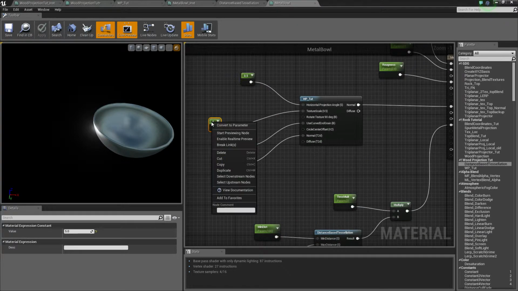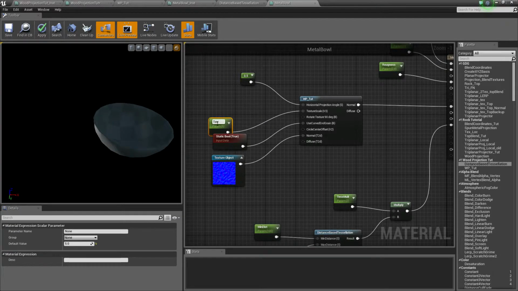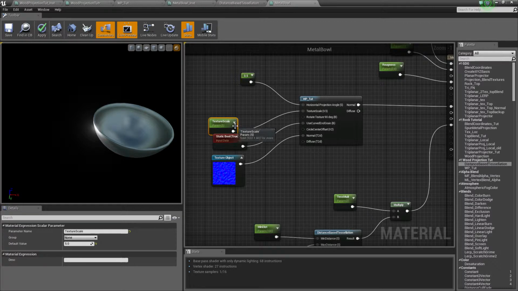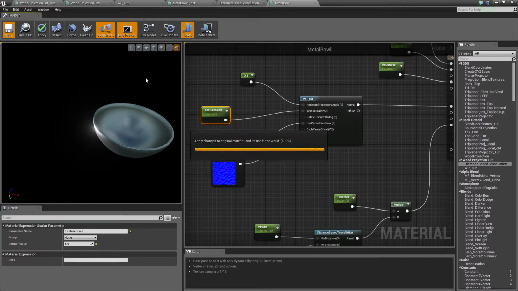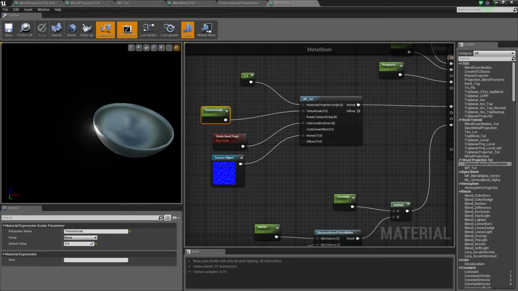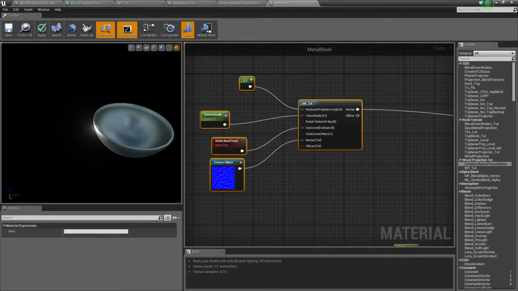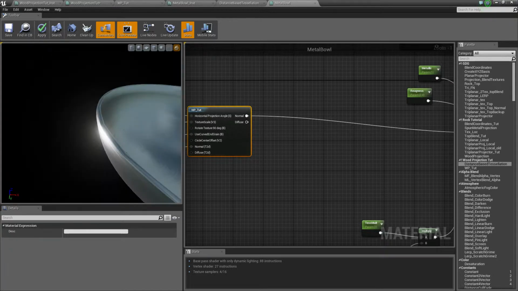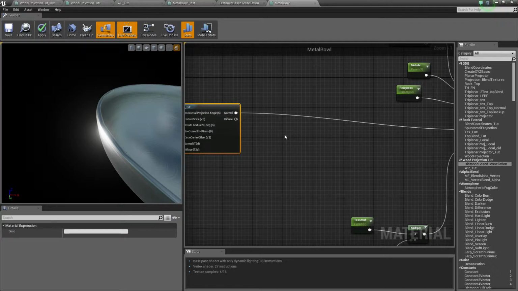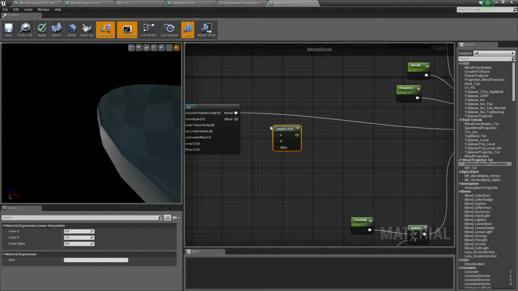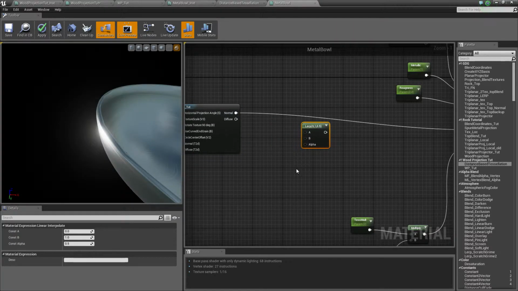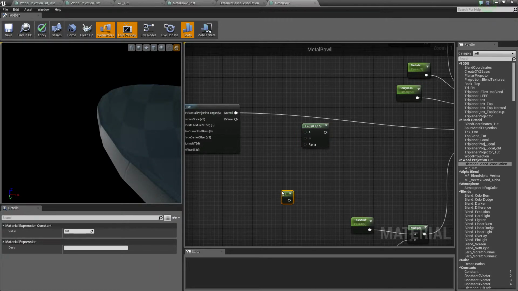Now we need to convert our scale to a parameter. And there's one more thing I want to do. Sometimes the normals from this can be a little strong, so I want to basically be able to turn it into a smooth bowl whenever I want to. So I'm going to need a linear interpolate node. We're going to input another parameter. We're going to call it